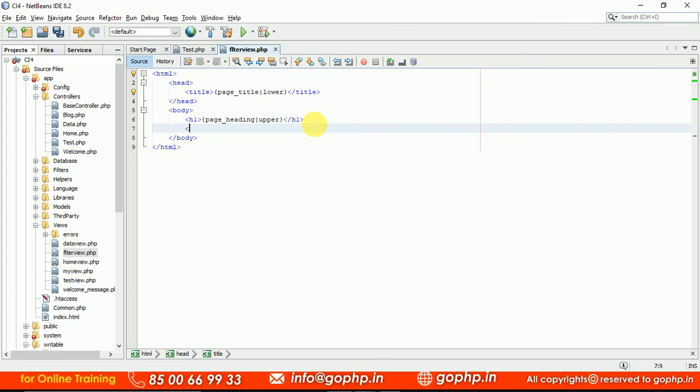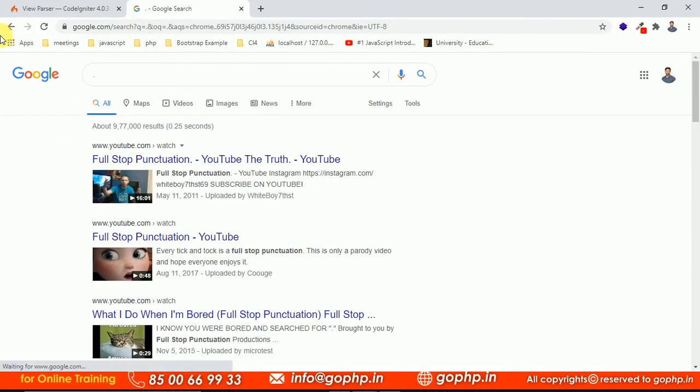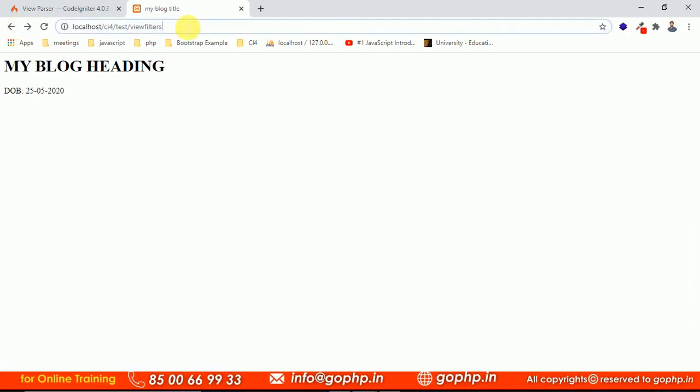Let us go with a paragraph tag. I am taking something called DOB, using the pseudo variable. What is the variable we have there? Date, I mean the variable associated with a key. Just refresh it, and you may get the data. Now can you see you are getting the DOB. This is what we are sending from the controller. While displaying this date, I want to go with the YMD format.